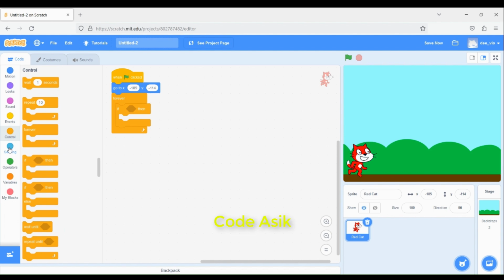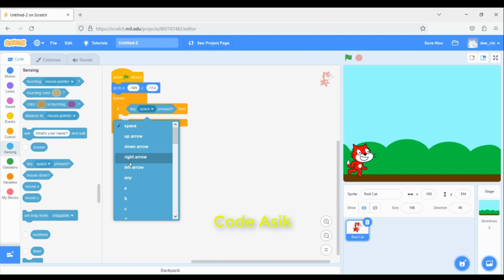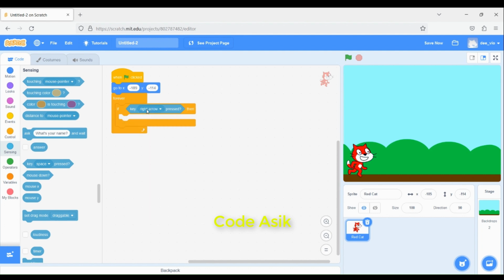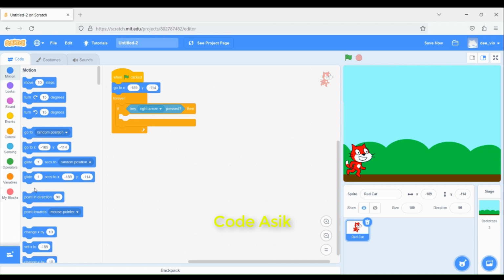Then, we need to input the condition of the key pressed, then select the right arrow. In this case, the right arrow will move the cat in literally the right direction, meaning that the x coordinate value will change and go more positively.